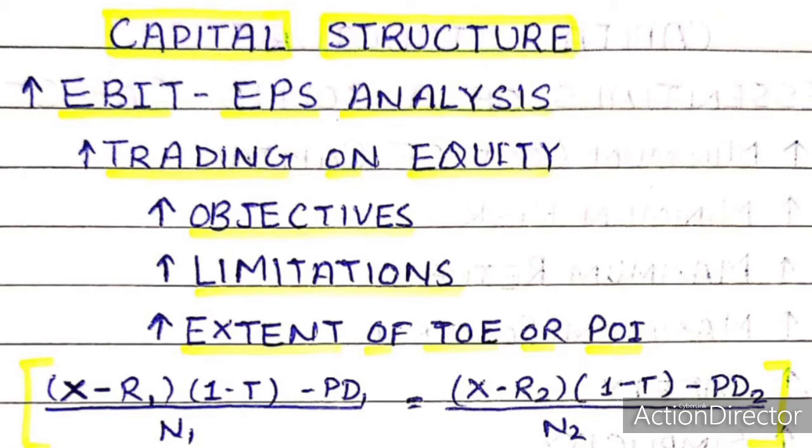Out of this profit, the company will have to pay rupees 12,000, which is 6% on rupees 2 lakh, as interest on debentures, leaving a balance of rupees 18,000 for paying dividend to equity shareholders at the rate of 18%, which is 18,000 divided by 1 lakh into 100, which is higher than the average rate of return. In this way, the company succeeds in paying more dividend on equity share capital with the use of borrowed capital. Such a situation in any business is known as trading on equity.